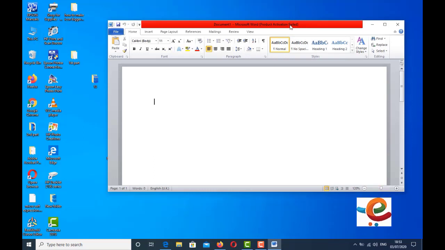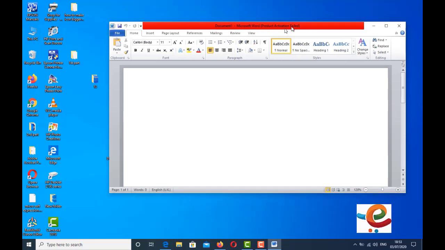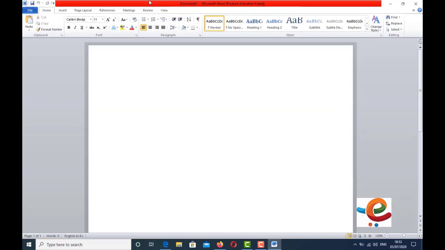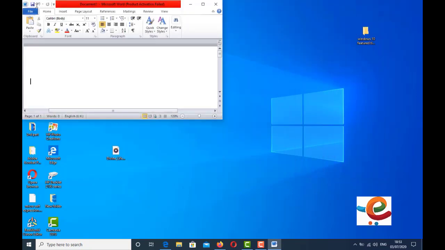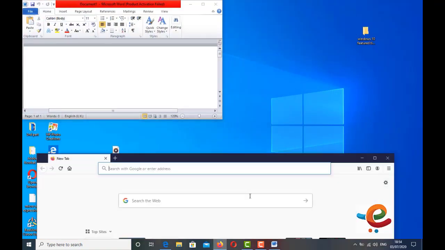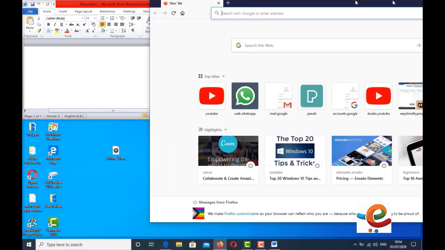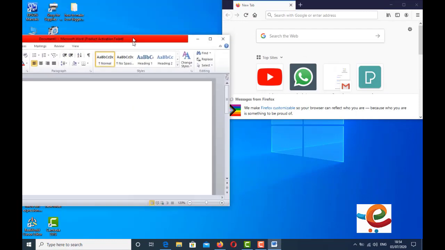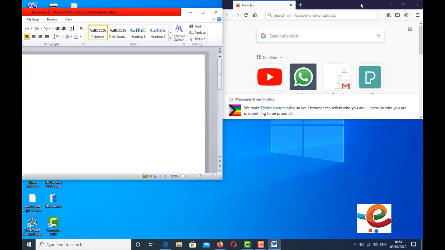You can also take the window and bubble it to the top. If you want to arrange multiple windows, it's also possible now.